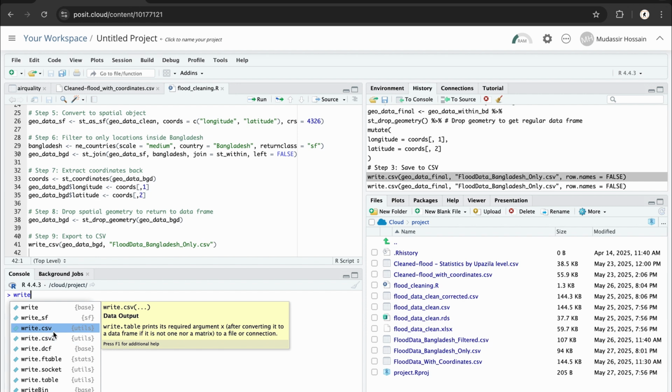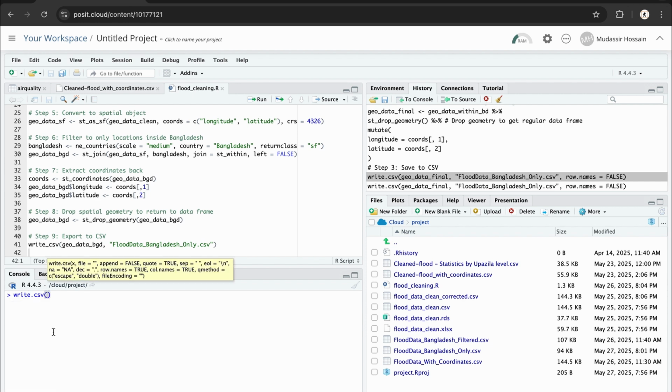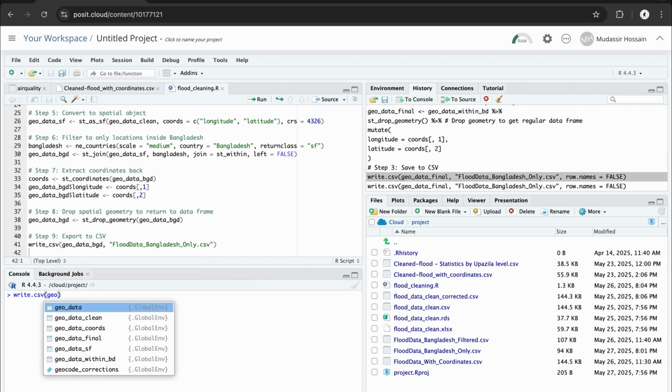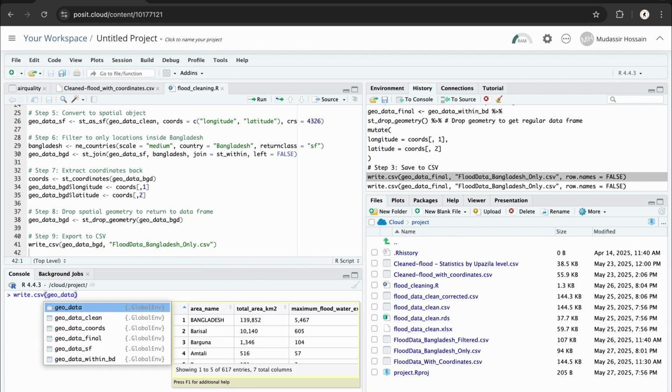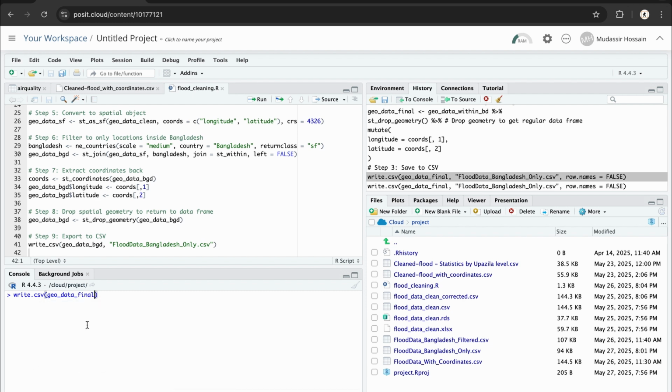So for me, I'm gonna use write.csv, and that gives us the opportunity to write our data frame name here within the parentheses and a few more code. So my data frame name is geo_data. It's already here, so I just select it, and then I put a comma to connect it with the file